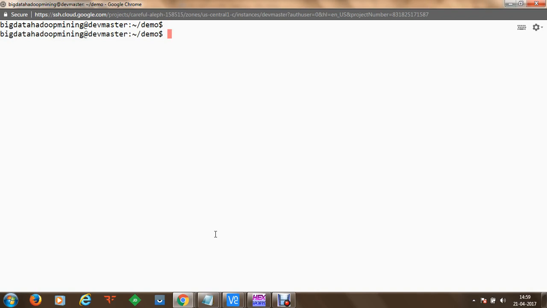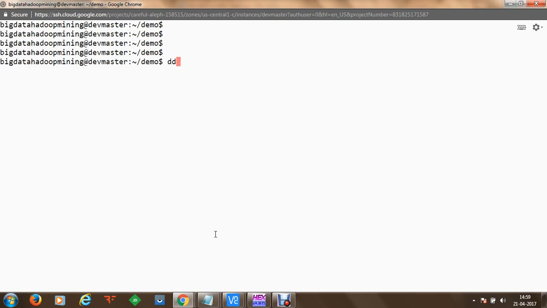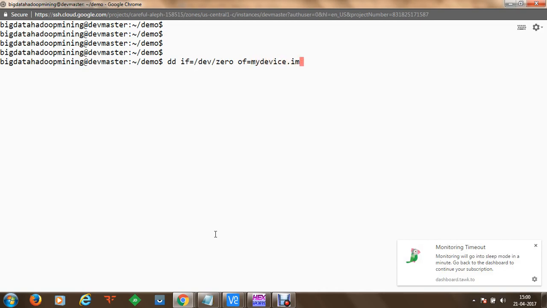Using this dd command, first of all, I am going to make an input file. The input file will be taken from the zero device, which means we are going to fill our new device with zeros. The name of the output file will be mydevice.img, and the block size will be 512 bytes for this device.